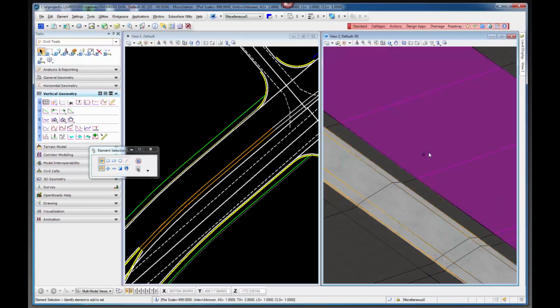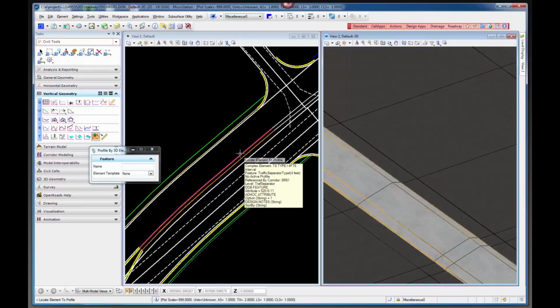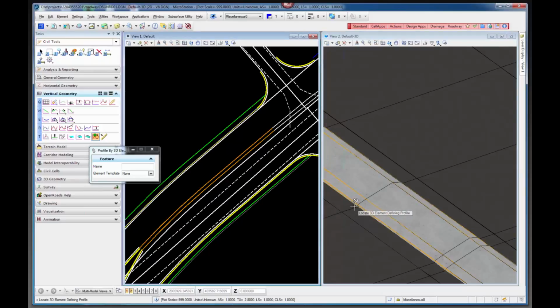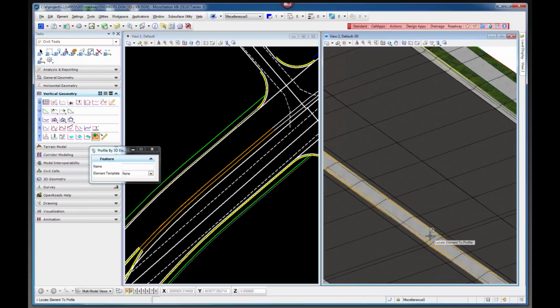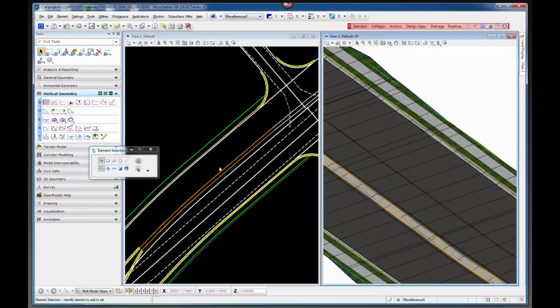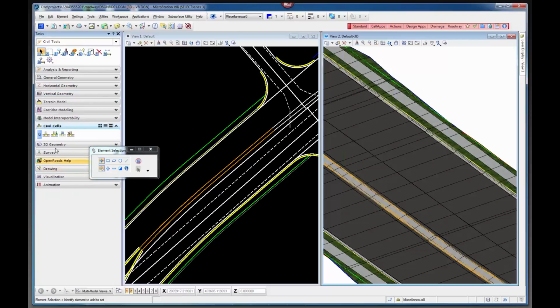Another way is to turn off all these, this pavement shape, if you wanted to pick that line a little closer. But then I'll go back to this tool and I'll select the line I want to profile as this one that doesn't have a profile. I'm going to use this 3D line here, and it will generate the profile for that 2D line from the model. Okay, once they both have profiles, then you can use the civil cell for the traffic separator nose, and that